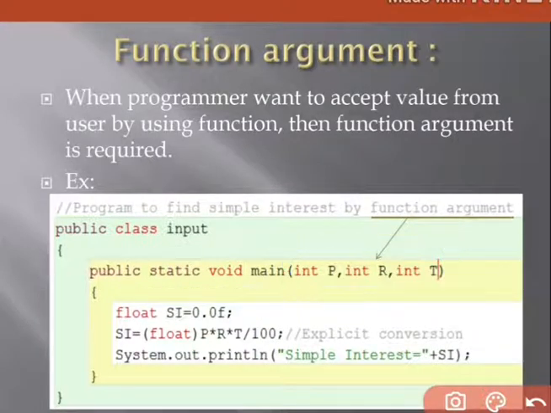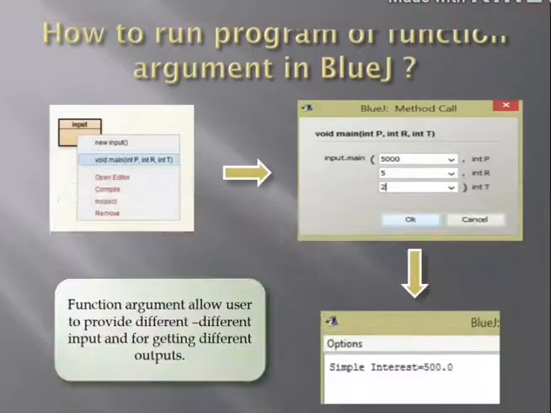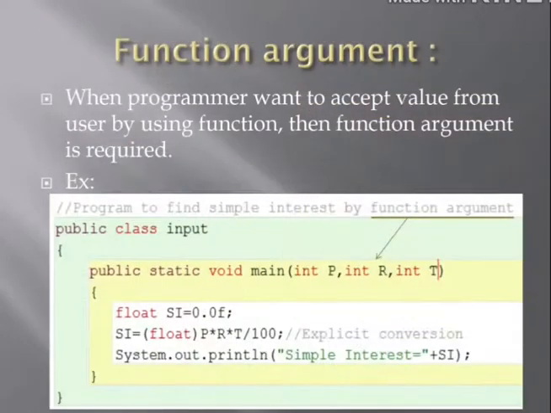See, and the manner of running a program is changed. See what I was doing previously. I was putting all variables inside the function bracket in the main function.